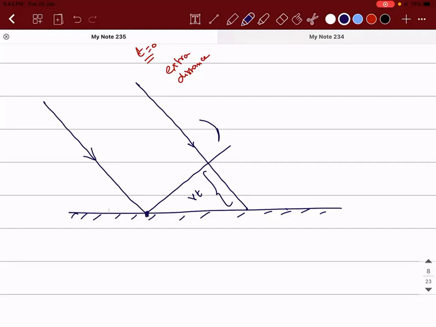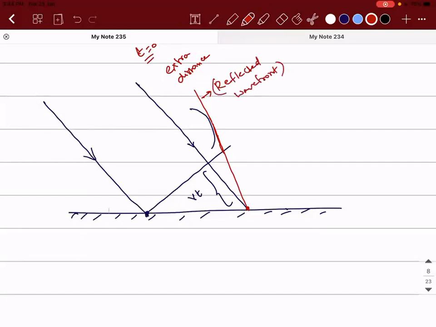Okay, so from the second point of incidence, if I draw a tangent to this wavelet, then this will be the reflected